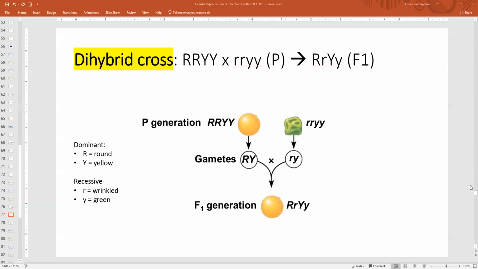Why would we do this? That's a question I ask myself every day, like, why would you do this? But the answer is, as we will talk about later, we talked about the fact that due to the law of independent assortment and due to the law of segregation,